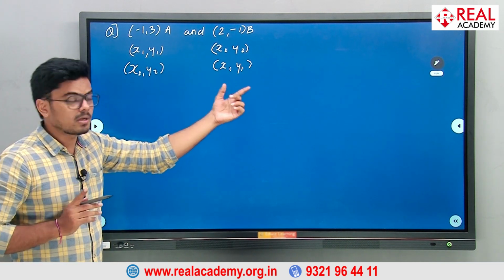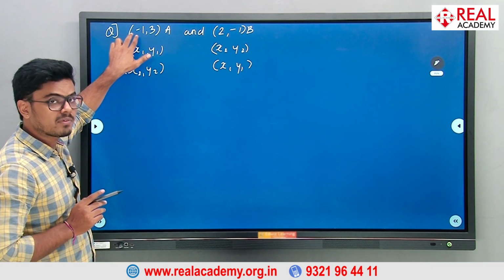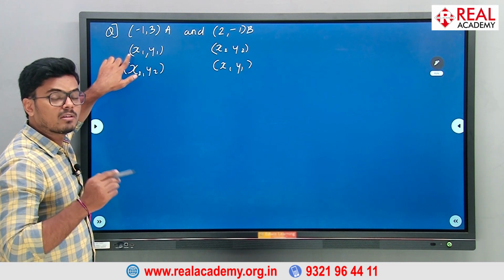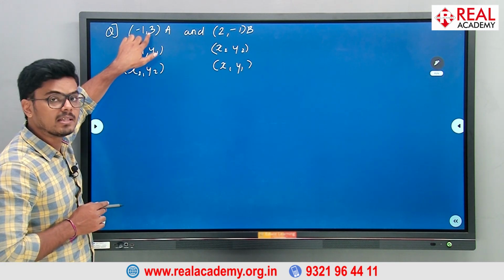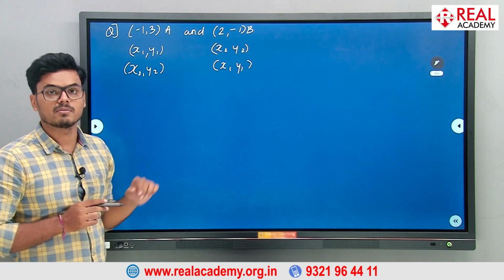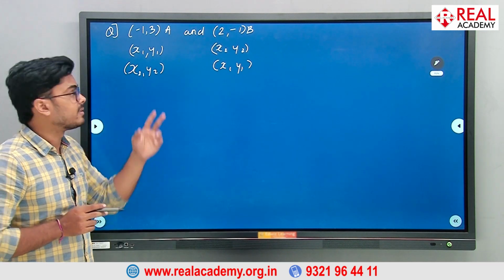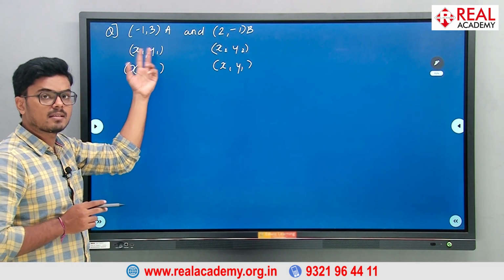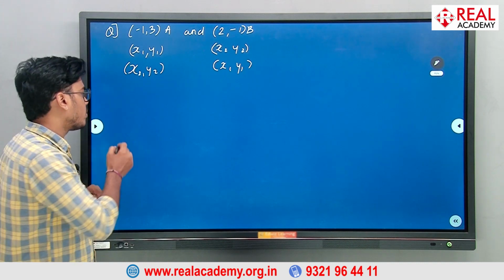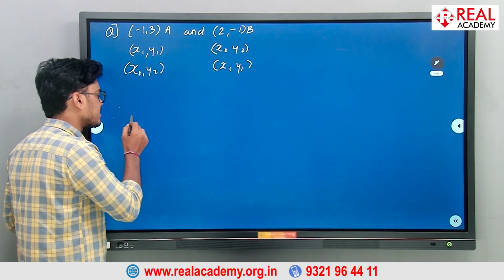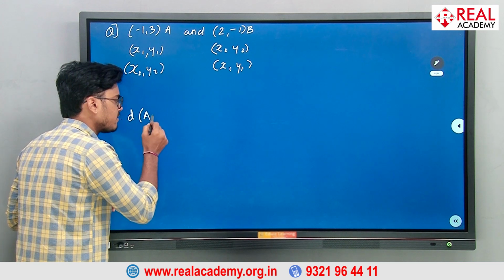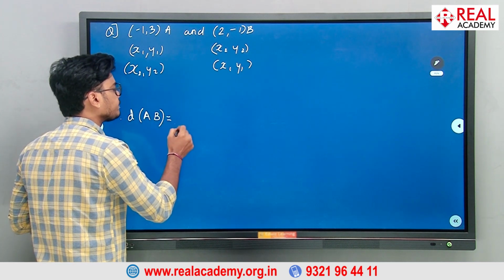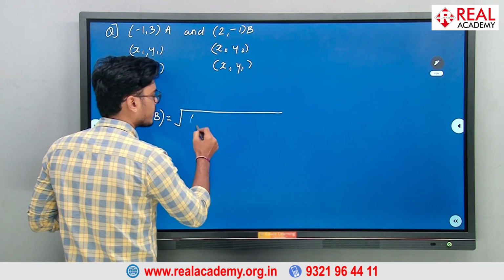But you have to make sure that if you consider minus 1 as x1, your value of y1will be 3 only. You can't take y1 as minus 1. Okay? Cross won't work. If this is x1, y1, you have to consider them together only. Okay? So if you solve it using the distance formula, the distance between points A and B by the formula